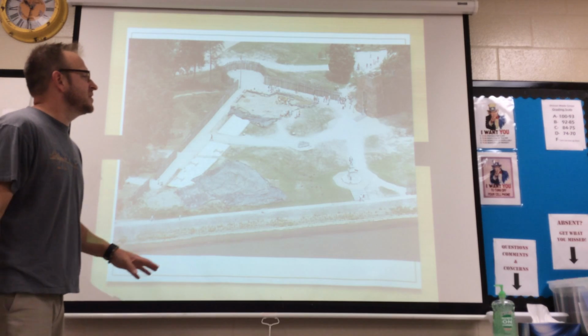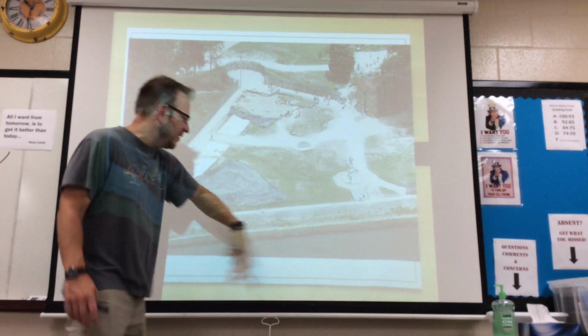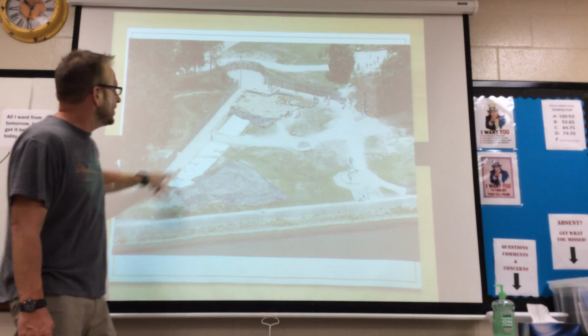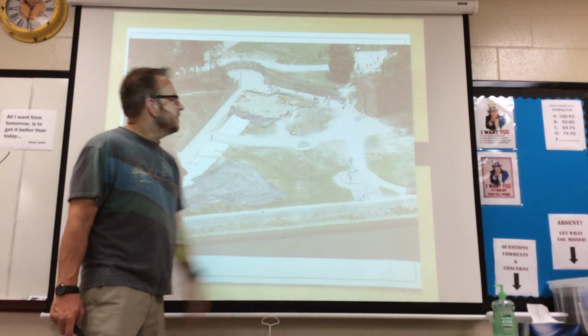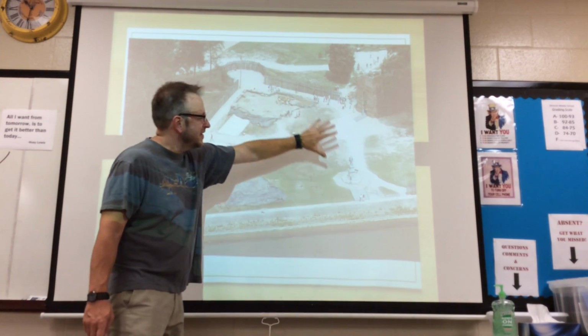Now, just some pictures here. I hope you can see it with the lights on. This is the Jamestown site right now. You see the James River. You can see where the 3 defensive emplacements were, and kind of get an idea of the layout or the size of the town.